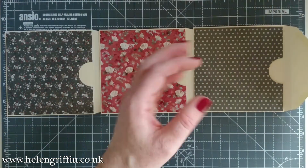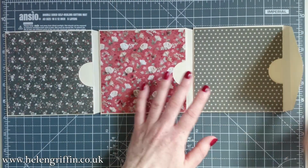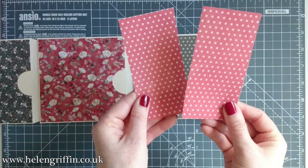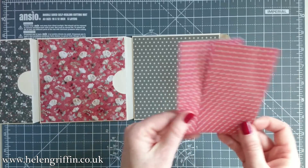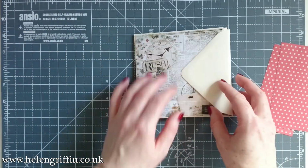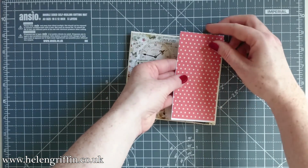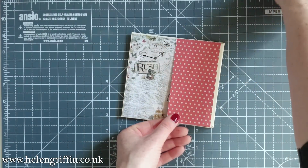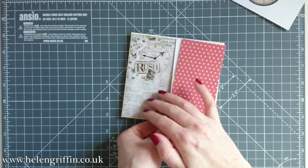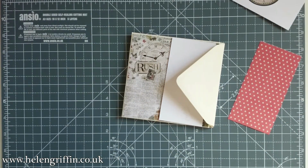So I have some cutter parts here which I'm going to cut out, and I have two of these pieces. It's just basically one of these chopped in half, so 2.5 inches, and what I'm going to do is add one this side and this side of the flap, and then cut out some of these elements here so that they overlap onto the outside cover. So I'm going to have to trim some of this off, so grab some scissors,